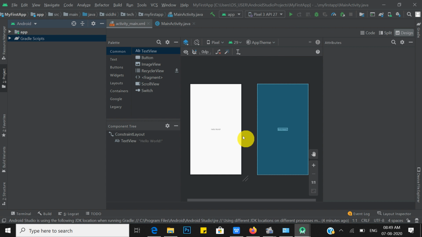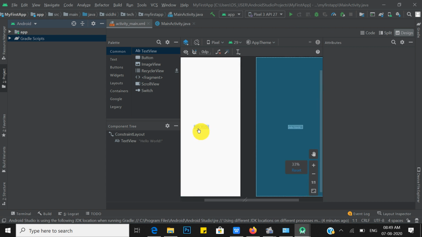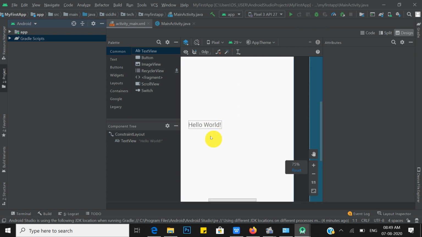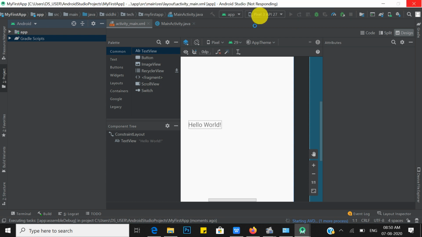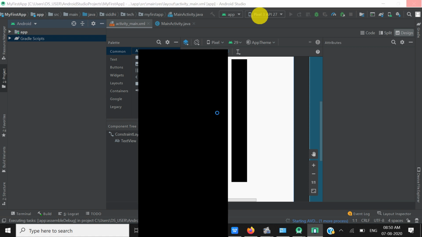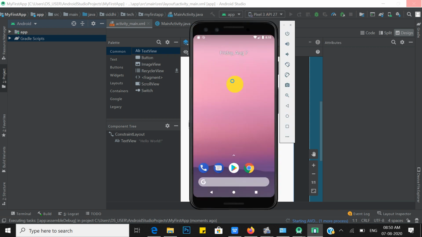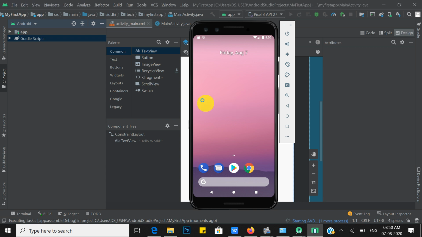So basically on the screen only one text, Hello World, is displayed. When you run your app, it automatically runs on the Pixel 3 API level 27. It requires some time to open the emulator because its size is large. So now it is working, and my first app, showing just the text Hello World, is displayed on my emulator.